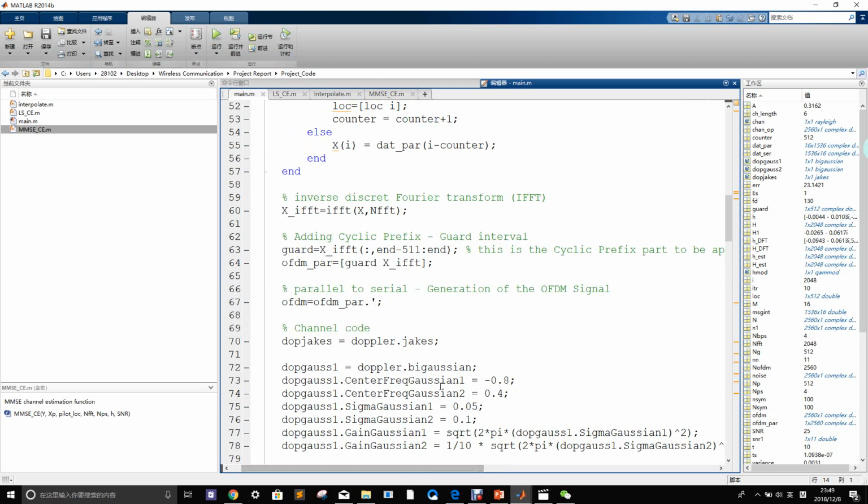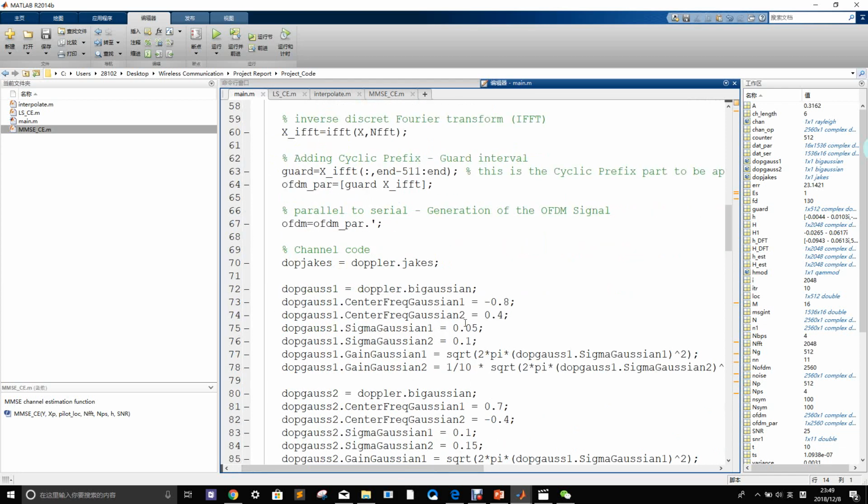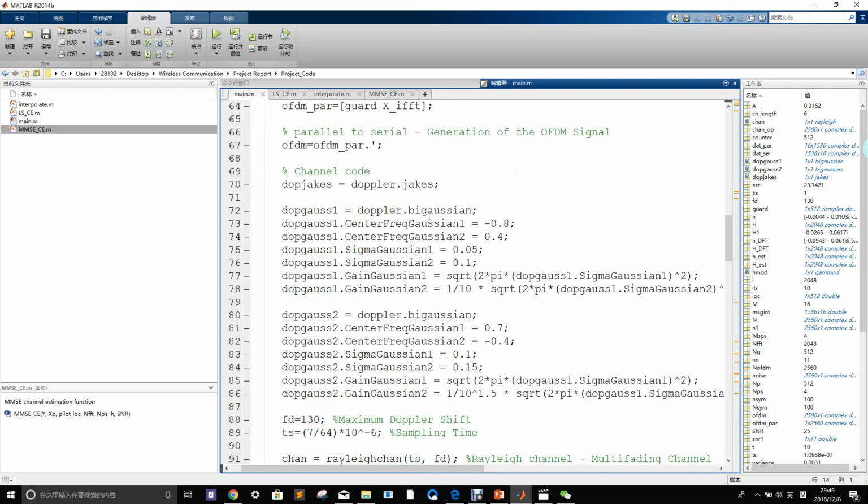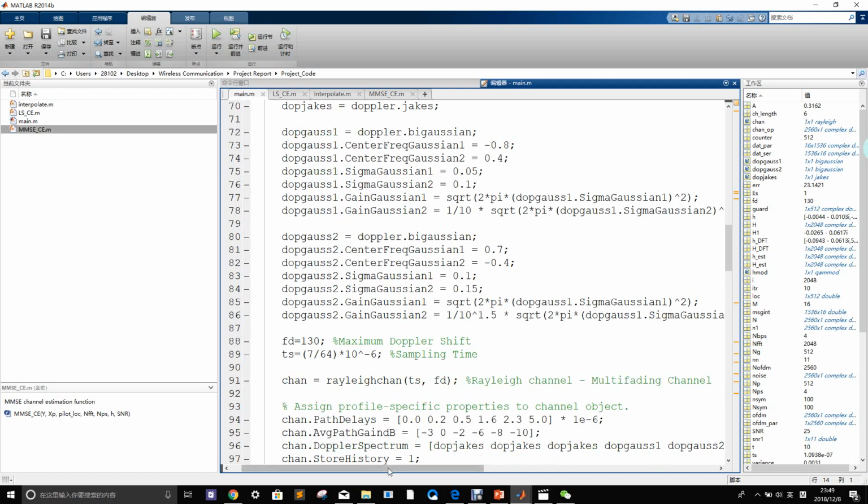And this part is the channel code. I use functions from MATLAB, such as the sigma Gaussian, gain Gaussian and center frequency functions. And I set the maximum Doppler shift. This equation means the sampling time, and this means the sampling frequency,